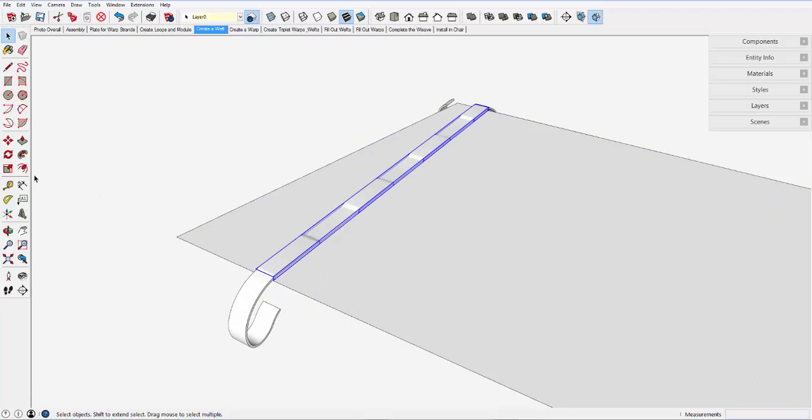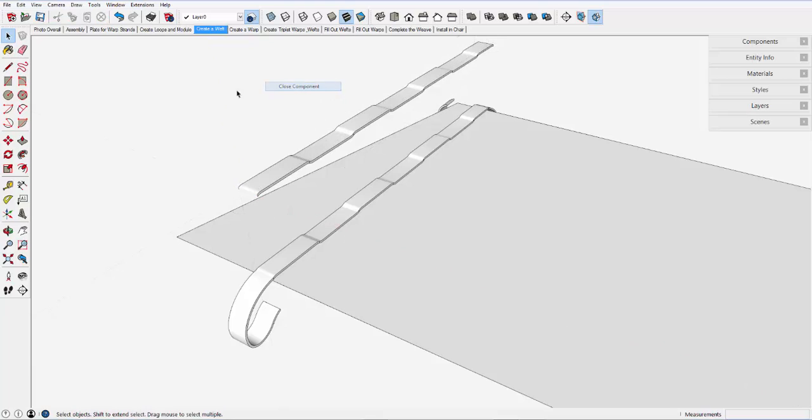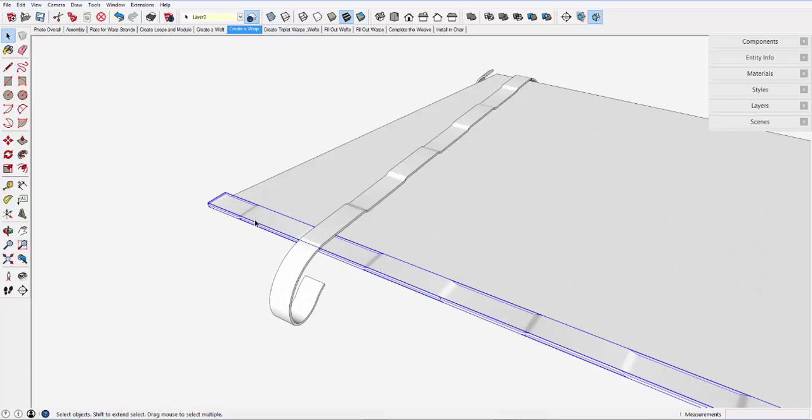So once I had that module for the splint, I began to create this weft, W-E-F-T, the first weft that goes from front to back, and it's made up of those modules of components that I showed earlier. Here's 1, 2, and 3, and then to fit I had to adjust the size of one of those modules to actually come out at the end and move over the edge of the seat perimeter. So that creates a full weft, but the warps are what I started with next, and